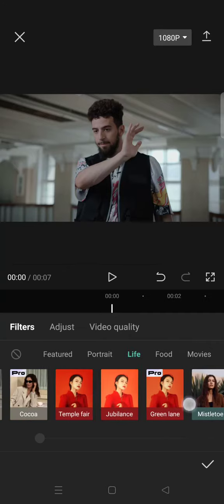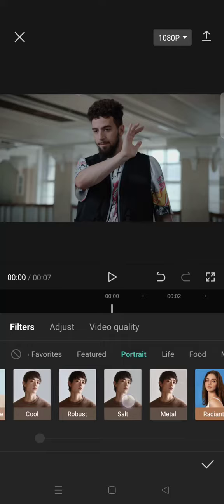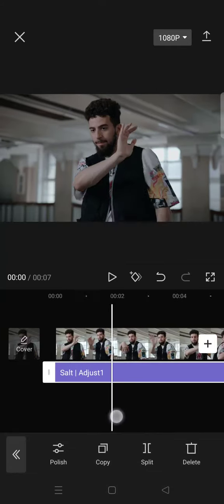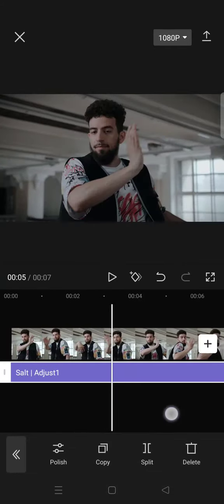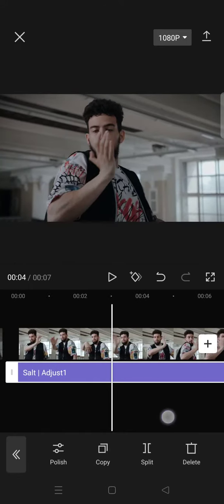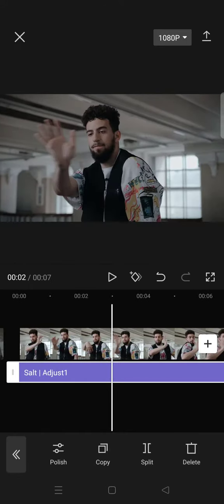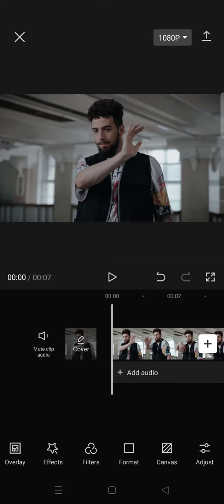Where is it? Okay, this one, and then click on a check icon and make sure that the filters and adjustment is for the whole clips, and then go to video effects,